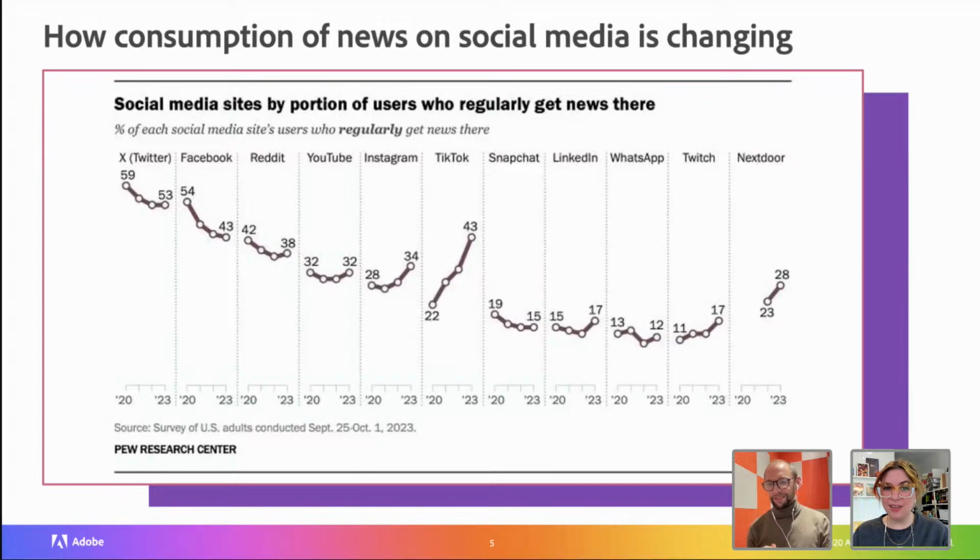Is Nextdoor like the neighborhood app? Yeah, exactly. No way. That's really funny to see that here. Exactly. We never really talk about it, but it is growing. It's not a massive platform like the rest of them, but all of those types of platforms that facilitate those smaller connections and connections to those smaller communities are starting to garner more and more interest.